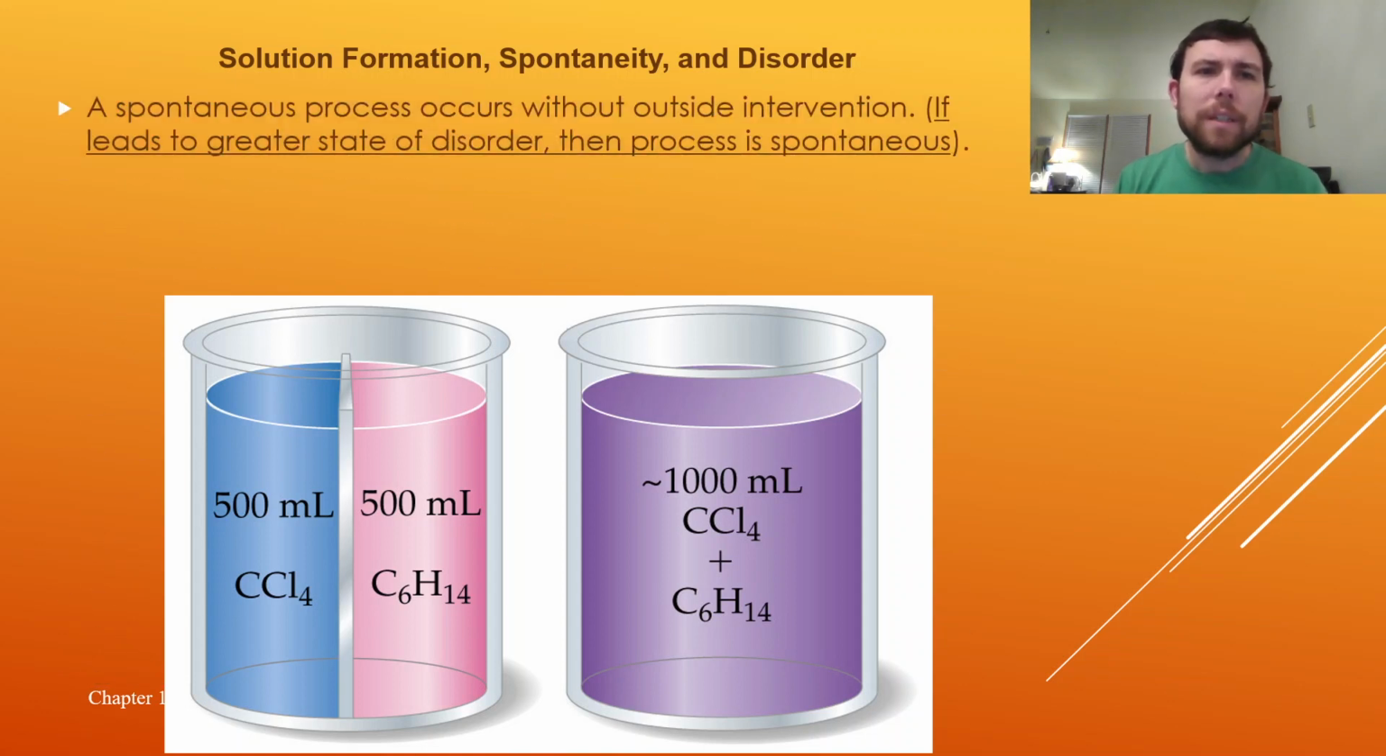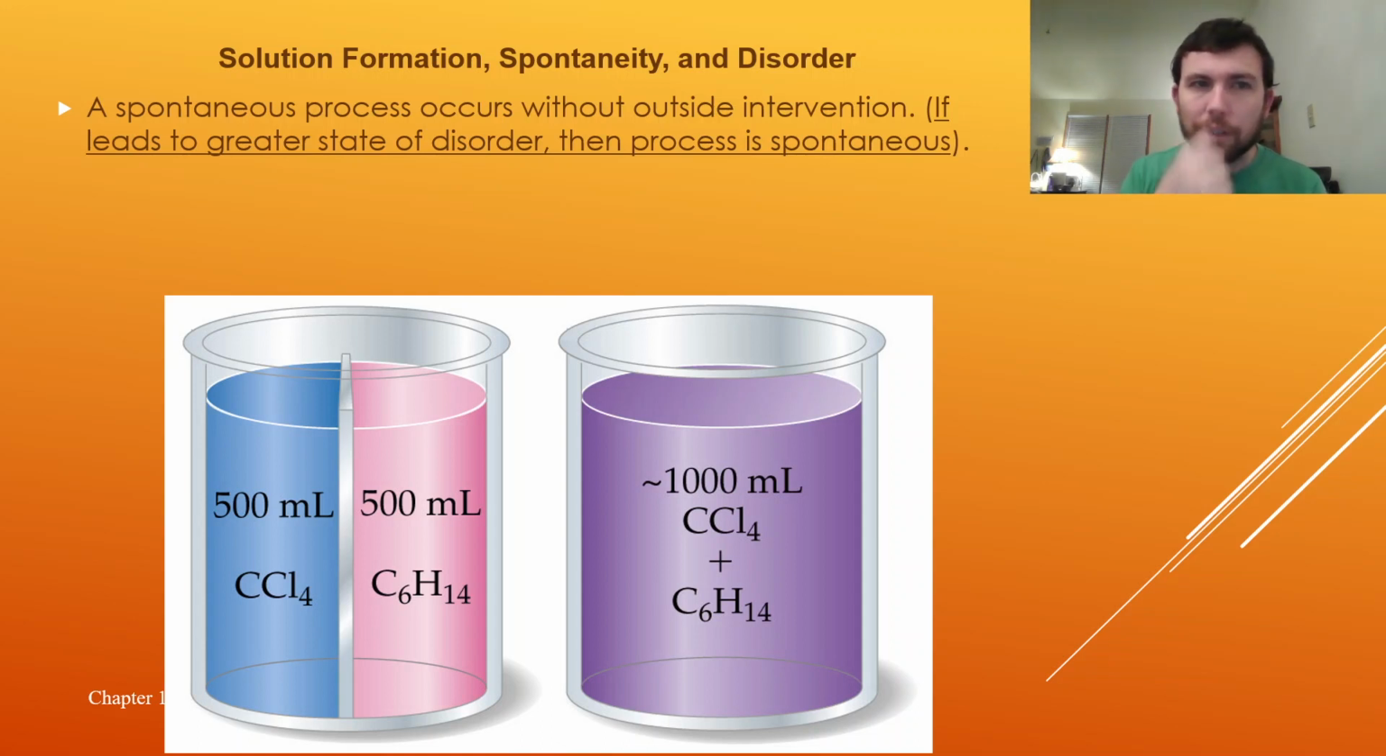And so we think of solutions, a spontaneous process occurs without outside intervention. And so if you look at the image at the bottom of the screen, you've got two liquids that are separated by a divider, and one's blue and one's pink. And so a spontaneous process would be something that occurs without outside intervention. So what would happen if we remove that divider, then what's going to happen is the blue and pink liquids are going to mix,